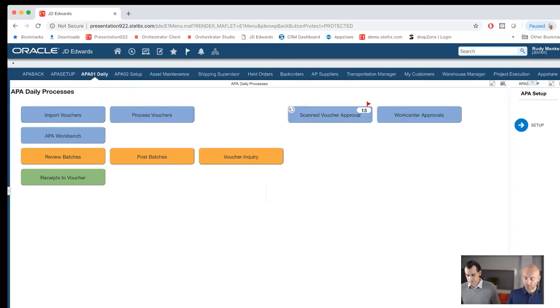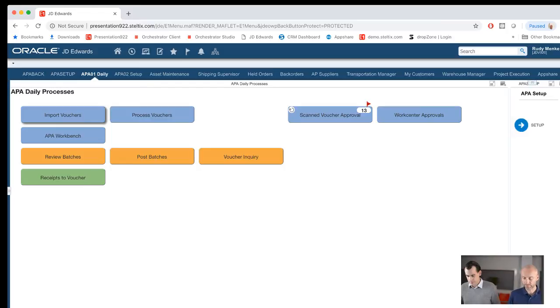One other question, and then I'll let you go on. Can the approver see the invoice document when approving? Yes, they can. I didn't show that now, but the answer is yes. Of course, they can view the voucher, and in the voucher view you have a direct link with the physical invoice.